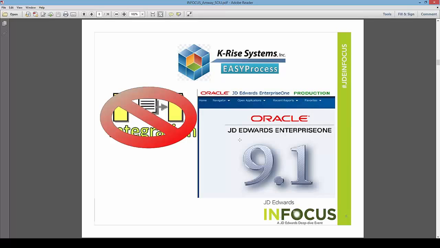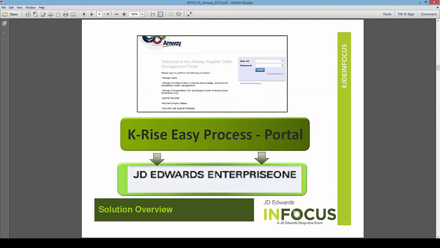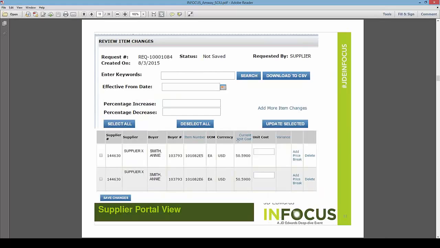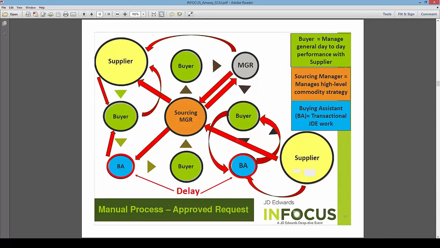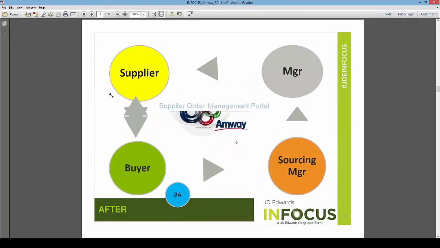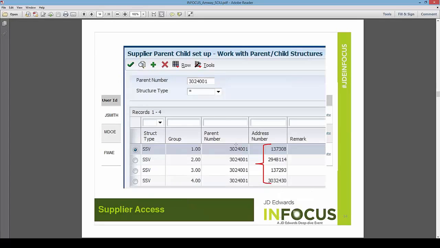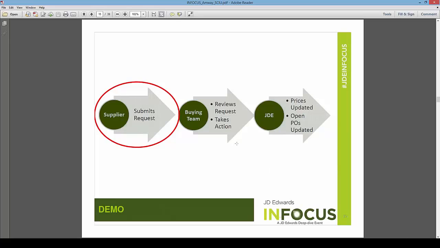In this particular case they selected K-Rise, and she talks about how they use it, basically taking this disorganized process and making it a lot more manageable. And like I said, I'm going to be sending this in the follow-up email. So they created a workflow process that made a lot of sense